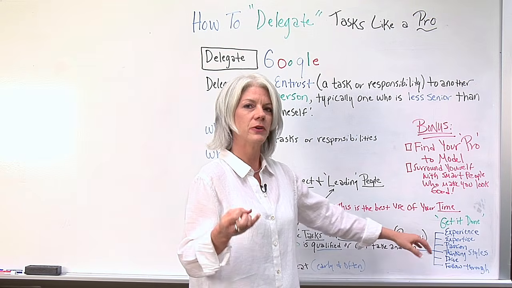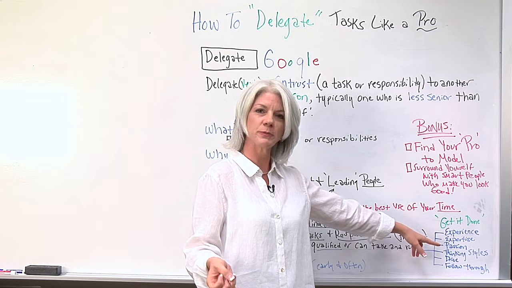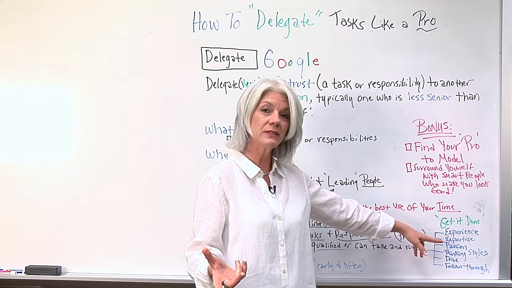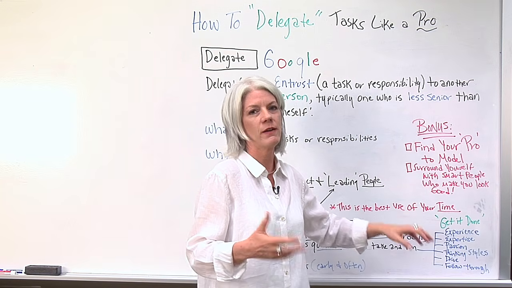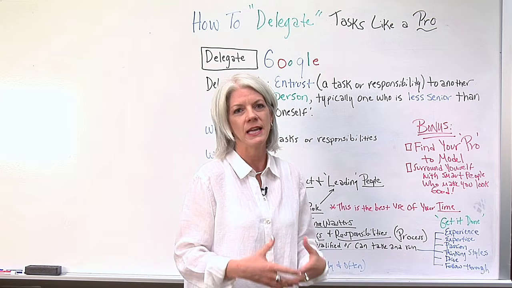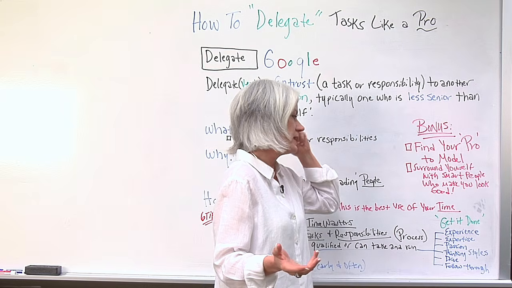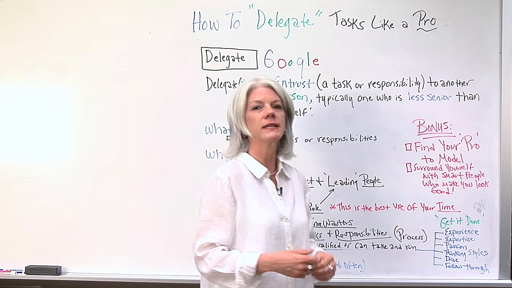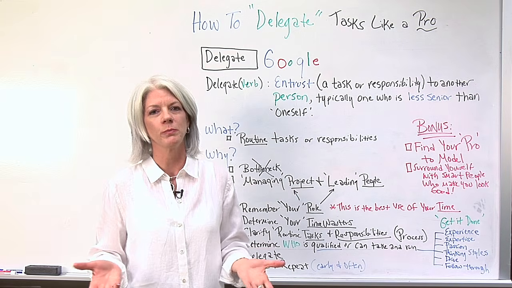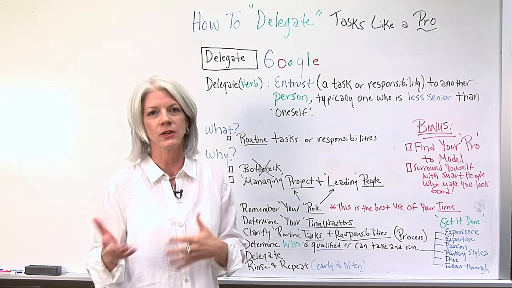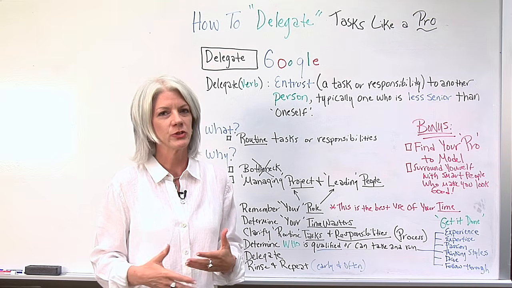Well, look at things like who has the experience, who has the expertise, who has the passion. A lot of times passion goes a long way. If someone has a passion of learning and wanting to do more, they're very invested and they're loyal to you as a project manager, then they'll get it done. Also look at thinking styles. If you need detailed reports, if you want to delegate detailed reports, things that have metrics, things that need to